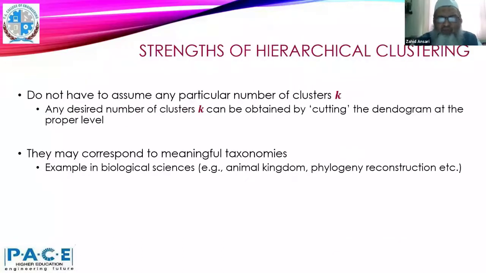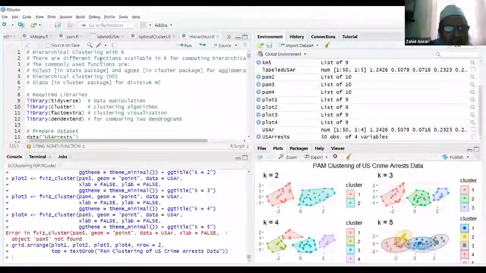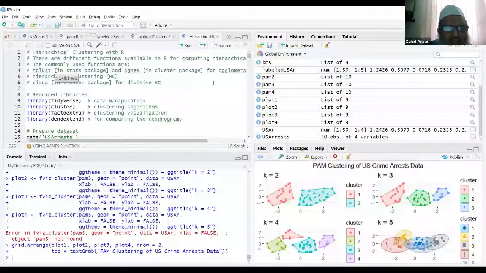Now I will move to the demonstration of hierarchical clustering in R. There are multiple ways of doing it. For agglomerative hierarchical clustering, we have two methods.